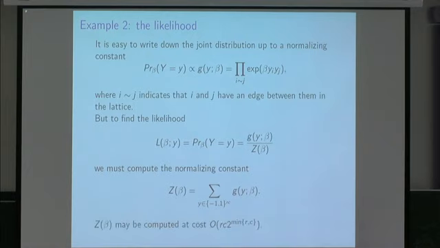In reality, it's not quite as nasty as that. By being a bit cleverer, it's possible to compute that normalizing constant at cost of the order the number of rows times the number of columns times 2 to the minimum of the rows and columns. So if, for example, you had a grid which had a very small number of rows but a very large number of columns, it would still be relatively easy to compute that normalizing constant. But if you have a very large square grid, it's still going to be very, very difficult. And you won't in fact be able to compute this normalizing constant, and therefore the likelihood, exactly.